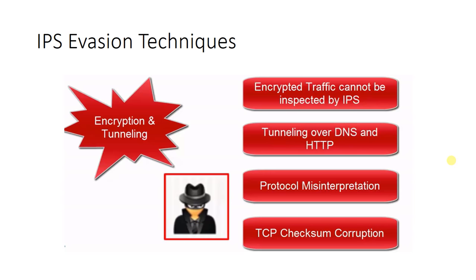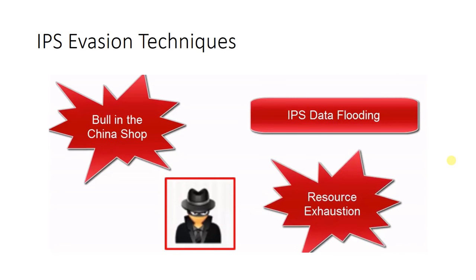And there is the bull in the china shop type attack, where the attacker floods the IPS with tons of bogus traffic to produce a smoke screen or noise. If the IPS is busy with the noise, the true attack traffic might have a chance of slipping by. This type of attack is called the resource